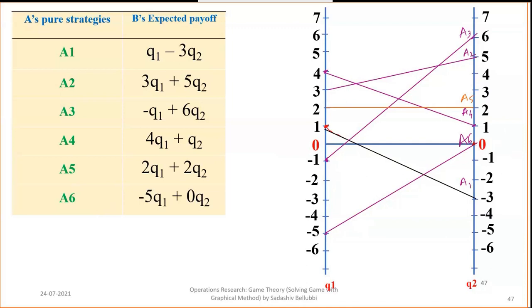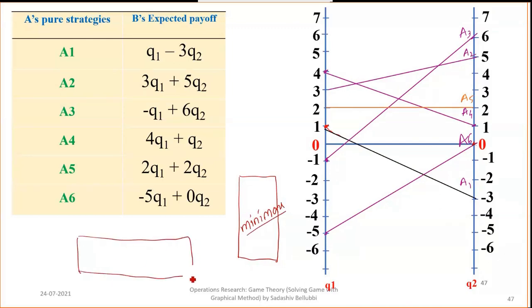Now the matrix is given with a vertical matrix. If the vertical matrix is given, then we need to identify the minimax, the minimum of the maximum numbers. If the matrix is given with a horizontal, then we need to identify the maximin, as we studied in the previous problem. Minimax is, out of all the maximum numbers, the minimum. So the maximum numbers are lying at the top side.